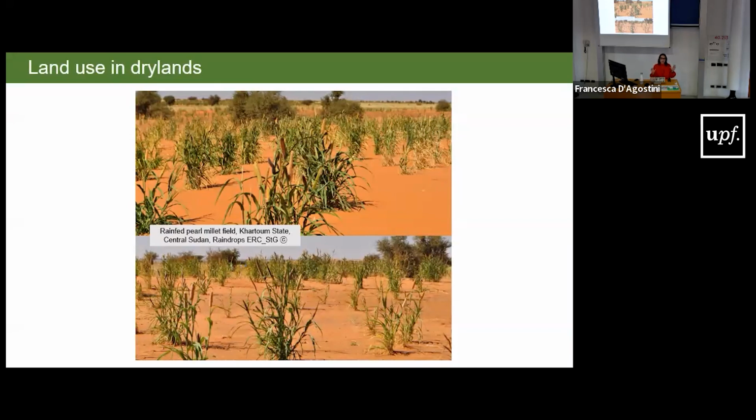And just to provide a comparison, for example, in the region around Cadiz, in the south of Spain, the average annual rainfall between the 90s and today, till 2019, is around 500 millimeters of water. So it's almost 5 times more than what these crops received. However,